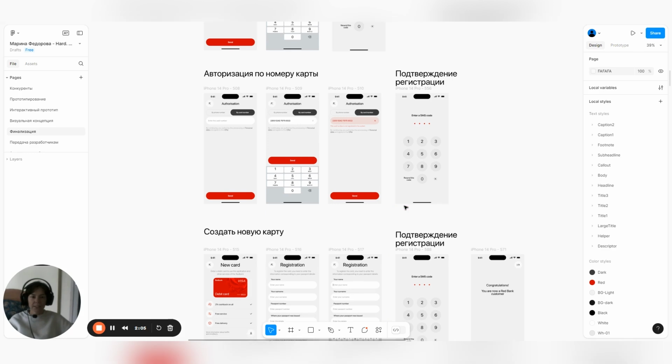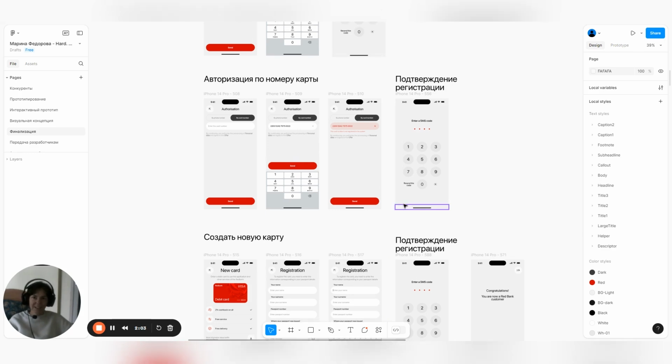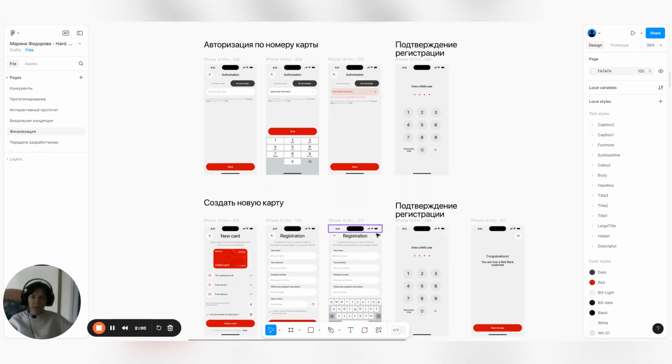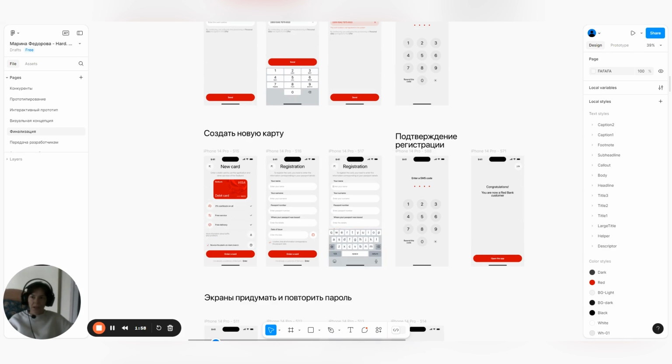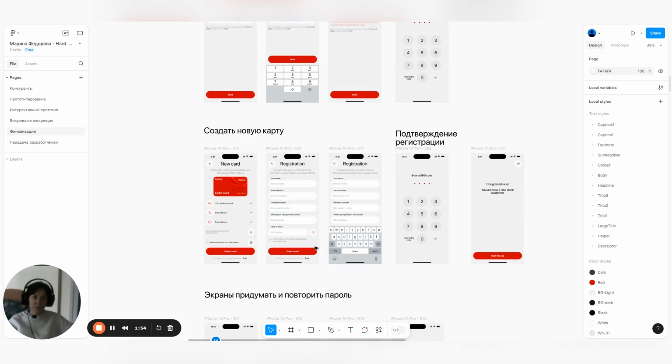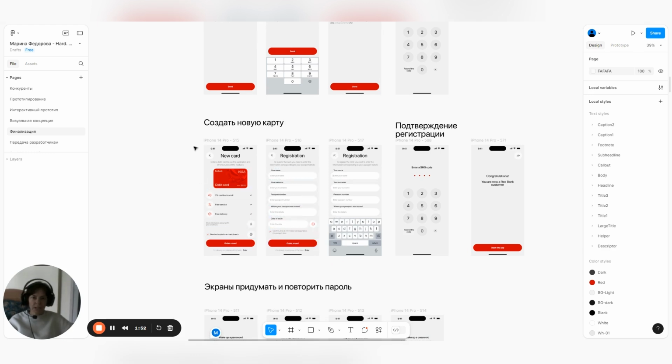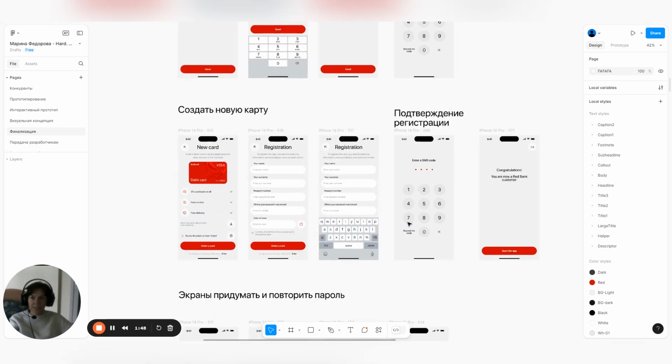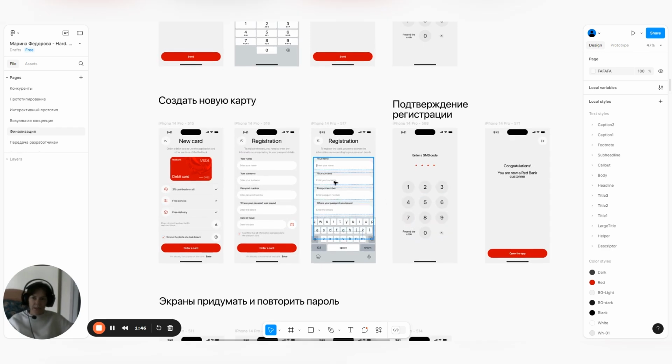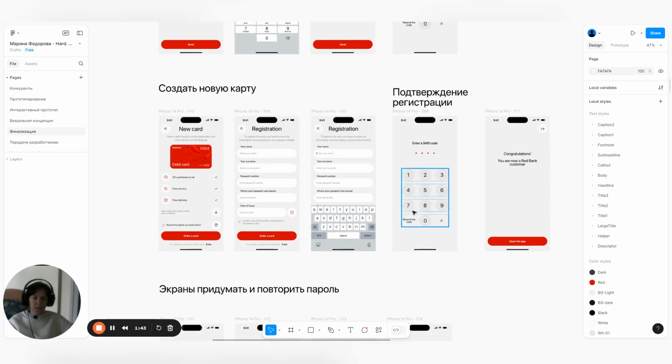But people don't like to sign up. They want to use the apps without it. To solve this problem, I created the possibility to order a new payment card right after installing the app, and the card issuance is the sign-up of the new account.